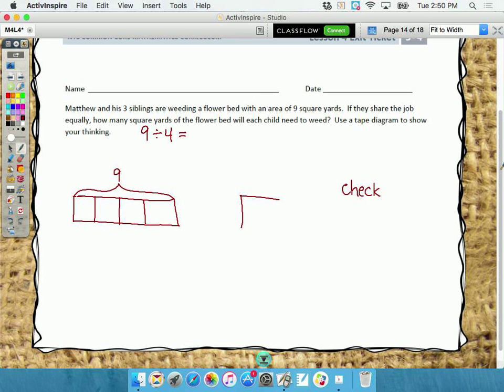Did you notice they put the divisor first in the problem? Yes. If they share the job equally, who's they talking about? Matthew and his 3 siblings. So we're dividing by 4 people, okay? Not only did they try to trick us with that, they didn't put 9 first in the problem. And they also said like now. So I gave you this much to get you started. All right. You can look at your problem set on the front